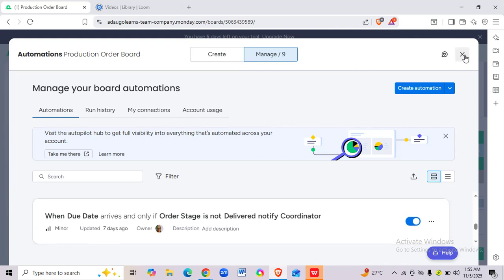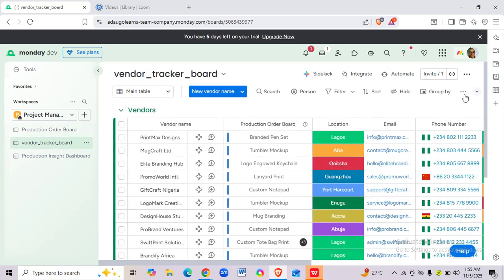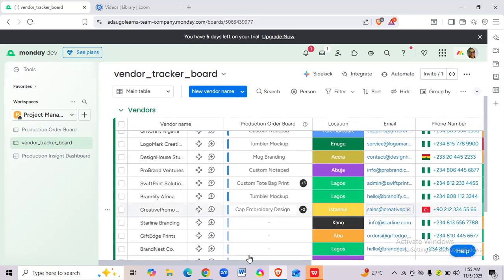Like I told you earlier on, I created 2 boards and 1 dashboard. This is the second board. This is what it looks like. It comprises the information of the vendors. So that is all I did on